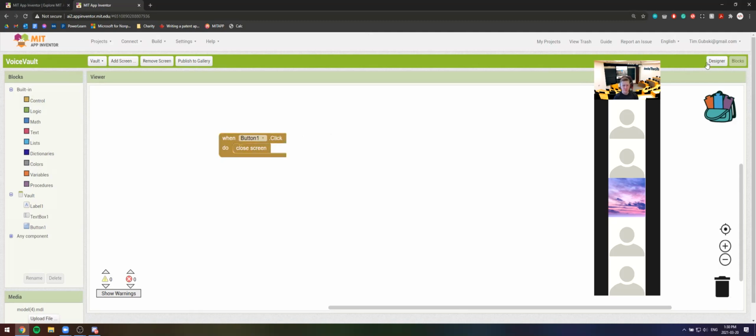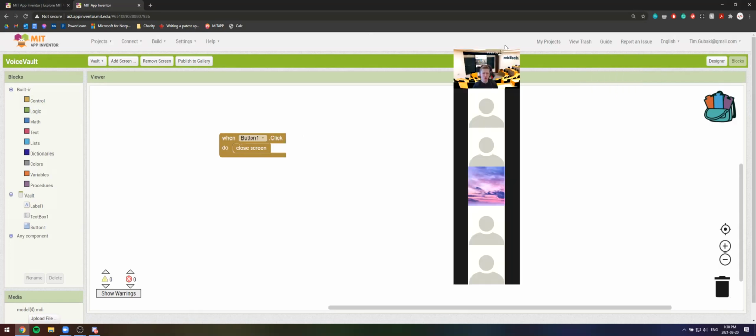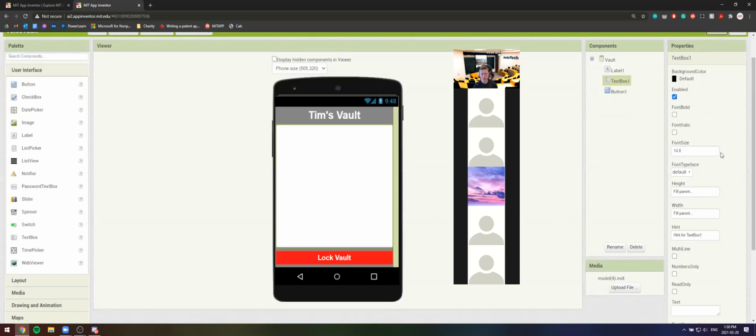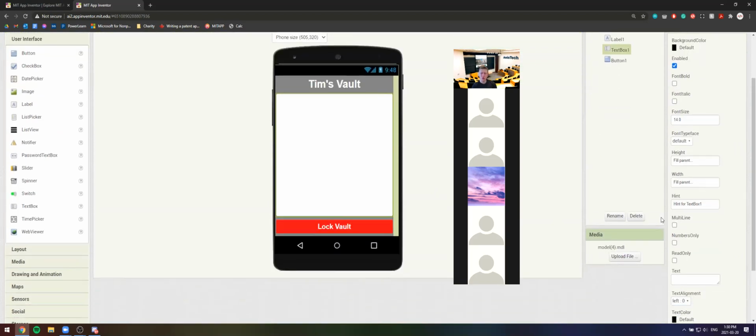All right, so let's actually talk about that. For now, let's see what we have so far. Now, this text box doesn't actually look like what it will look like on our phones, okay? You know how usually when you're on a website, text boxes have a little hint in them, like a little password hint or something. Our text box also has a little hint in it, right? And this hint for now just says hint for text box 1. But that's not very cool. That's not what we want. So instead of hint for text box 1,